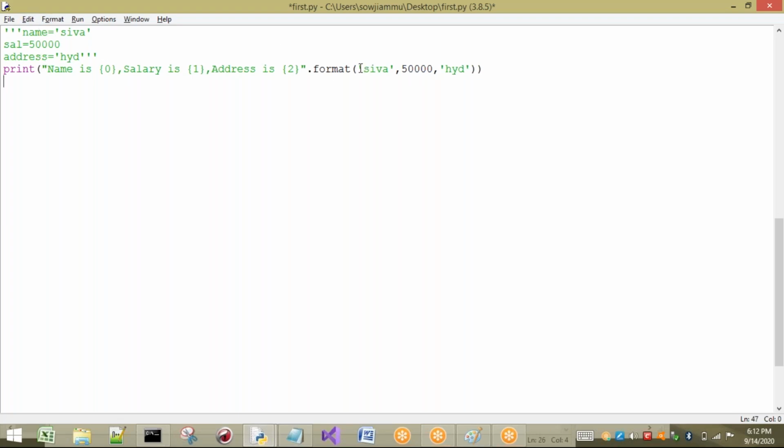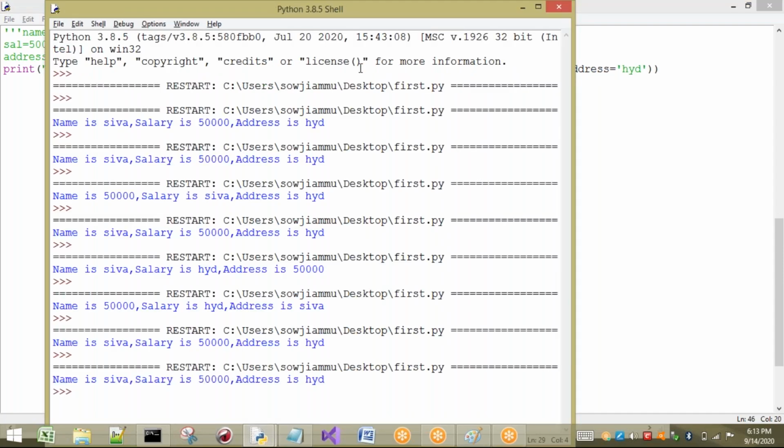Now, for example, I am going to initiate some variables: name equal to, in the same way, sal equal to, in the same way, address equal to. Okay. Now I will place the same thing here. Here I want to get address, in the same way salary, that is sal, and here name. If I take it this way, we are going to get the same output. So in these many ways we can use format functions. We also have one more different way. I will show you that now.